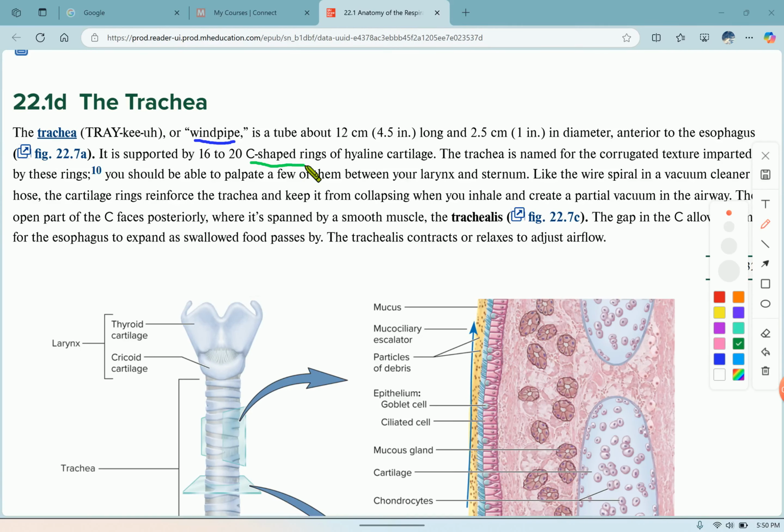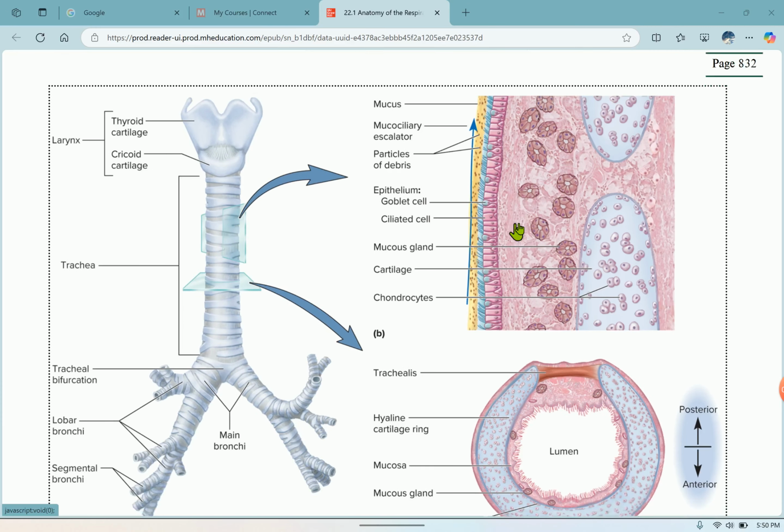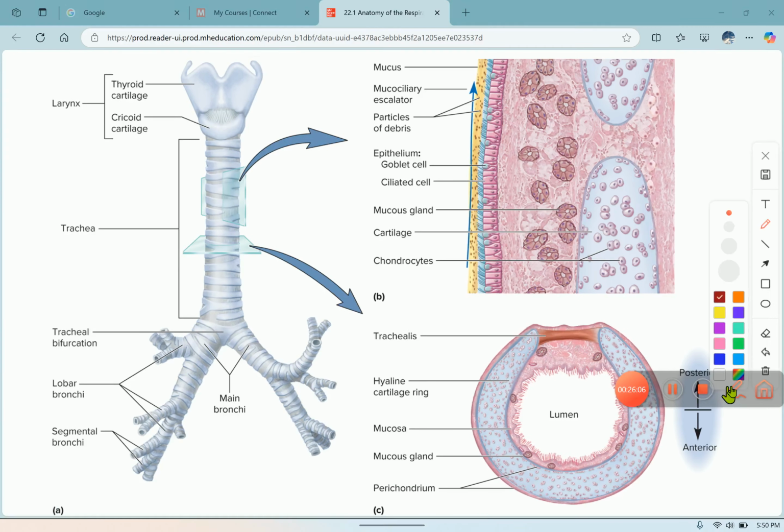And it is kept open by those C-shaped hyaline cartilaginous rings. You can see as we go inferior, eventually the trachea will split into the right and